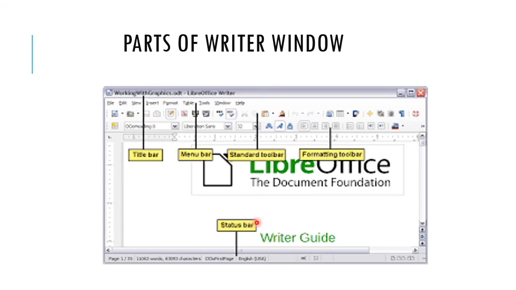The status bar is located at the bottom of the screen. It provides information about the document and convenient ways to quickly change some document features. It can be hidden by deselecting it in the view menu.